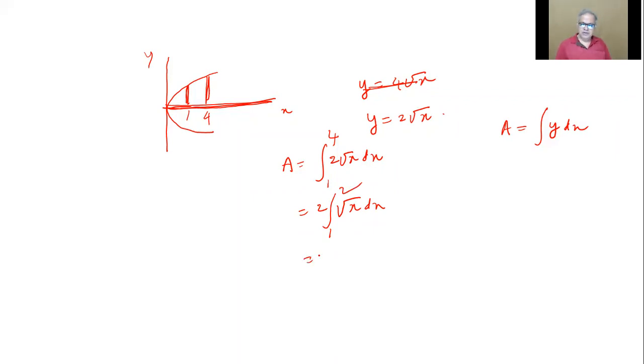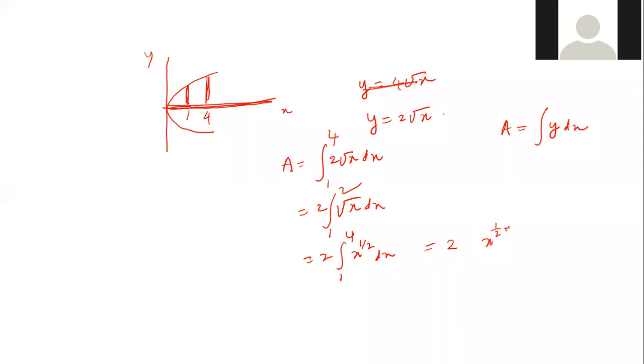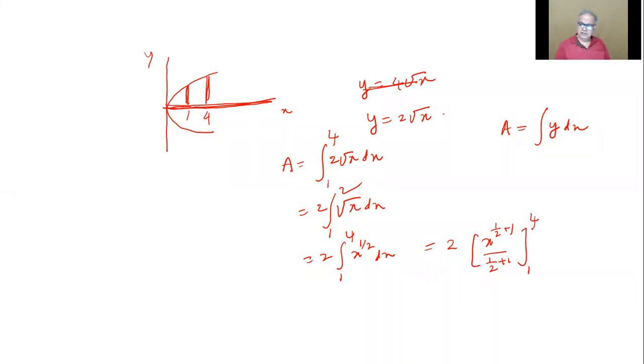Could you tell me what is this thing now? This extra power half dx. Half dx. Isn't it so? Yes, sir. So how much is this? X to the power of 3 by 2, divided by 3 by 2, between 1 and 4. Until you substitute the limits, you keep putting them. But since you remove the integral sign, I'm putting a bracket sign.